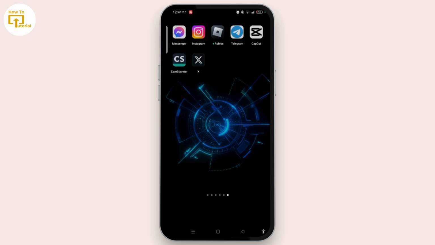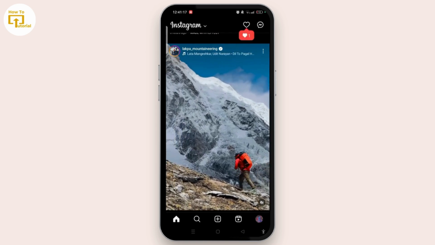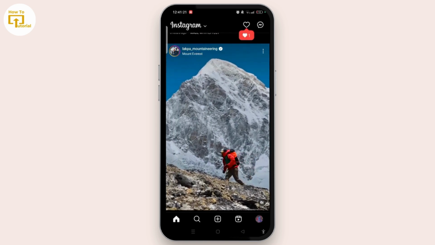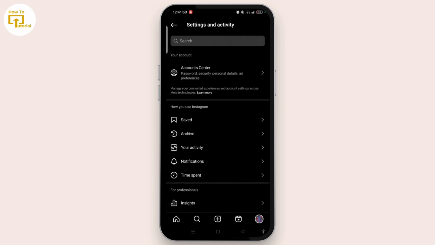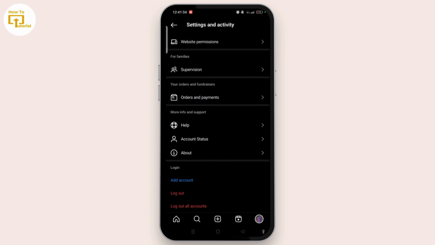First things first, you have to open the Instagram application and make sure to sign in on your Instagram account. Once done, tap on the bottom right corner profile icon, and once you reach this page, tap on the three-line icon at the top right corner of the screen. Now you have to scroll all the way down on the settings and activity page, and at the bottom you